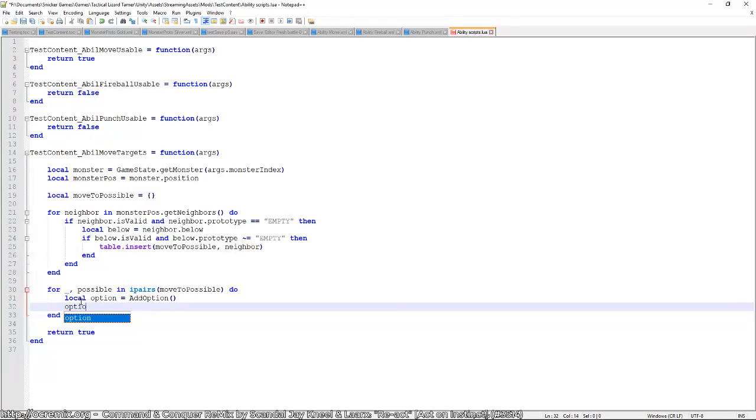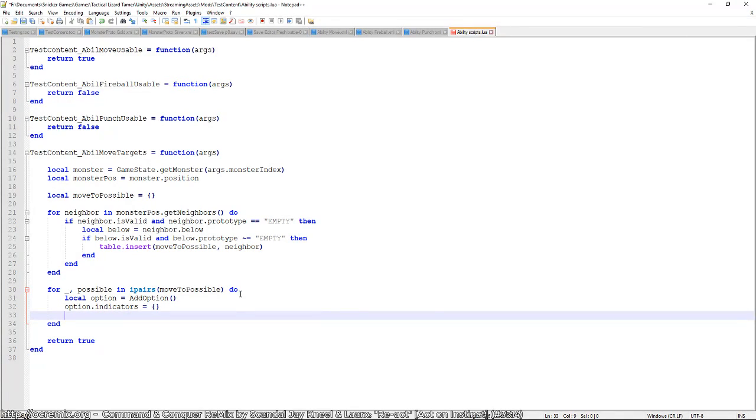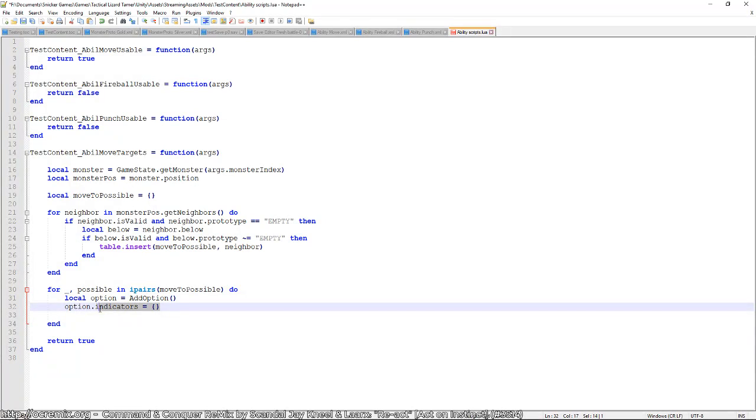And then option dot indicators equals that. Let's not do that. So local indicator else option dot add indicator,